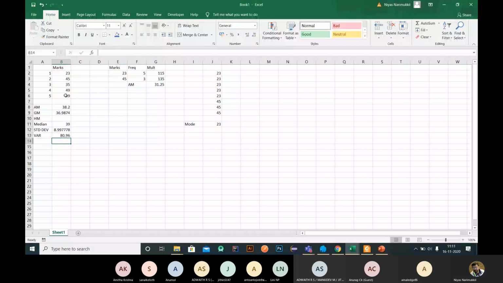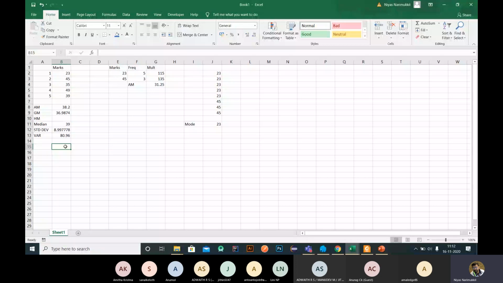These are the statistical things we need to study: arithmetic mean, geometric mean, harmonic mean, median, mode, standard deviation, and variance. You have to know the differences between all of them, and the logic must be clear, because we need to use these things while doing operations over data. So that is the basics of statistical analysis.